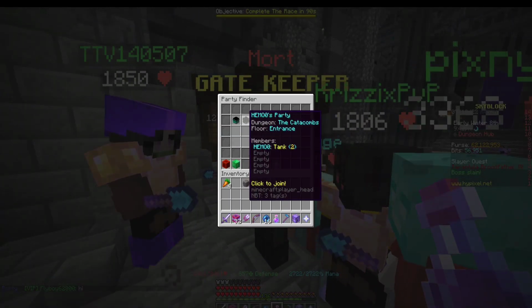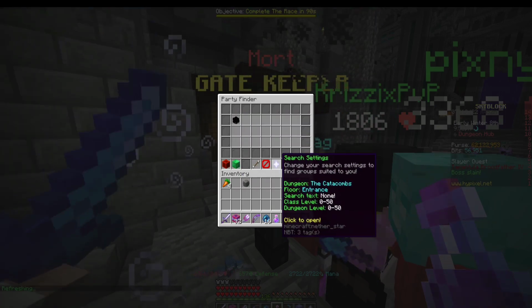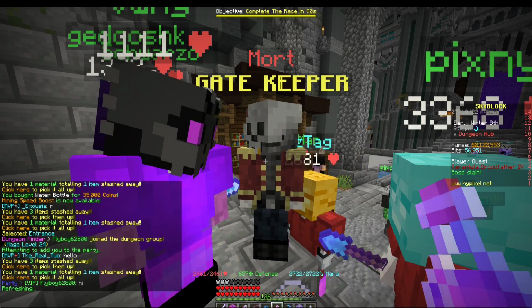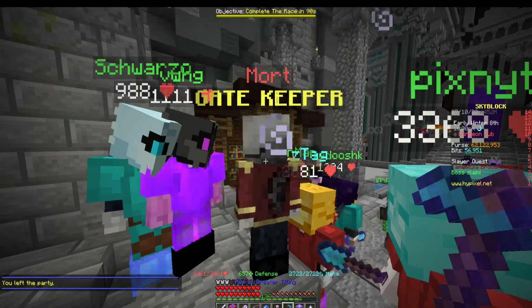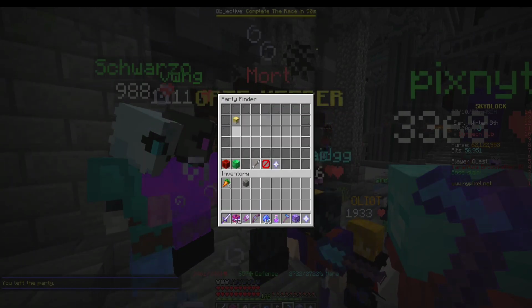So really what we're doing here is we're waiting for the leader to queue us, which apparently he didn't do. So we're just gonna leave. You can just leave the party and find a new one. So to do that, if you saw what he typed in the bottom left, it was /P leave. Now he's looking for a new party, find a party,